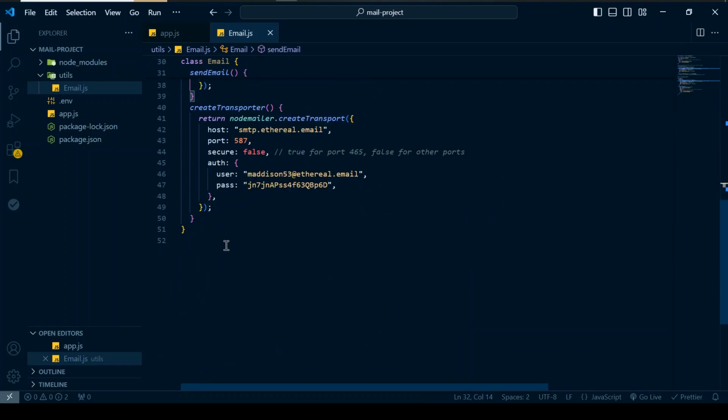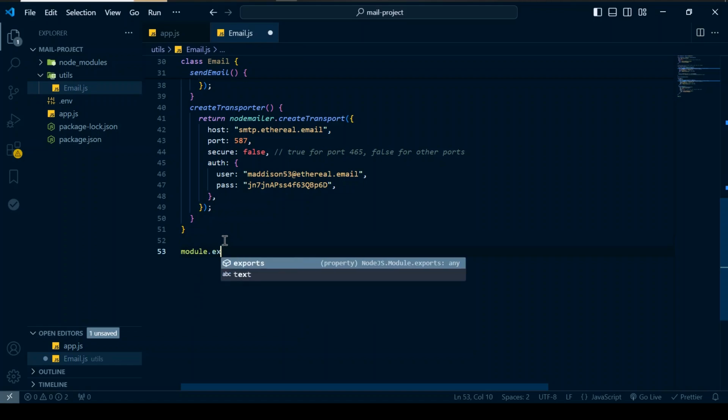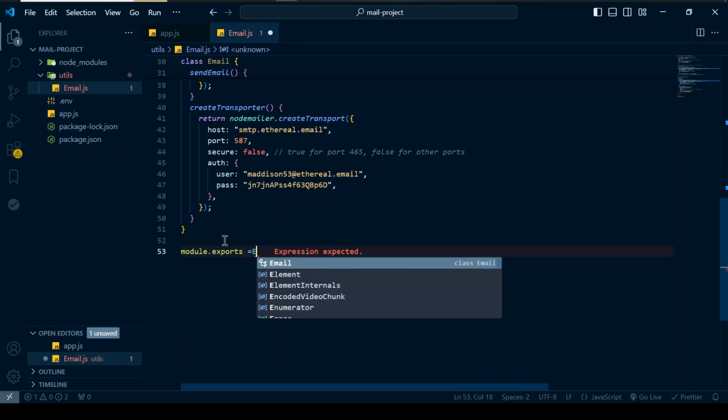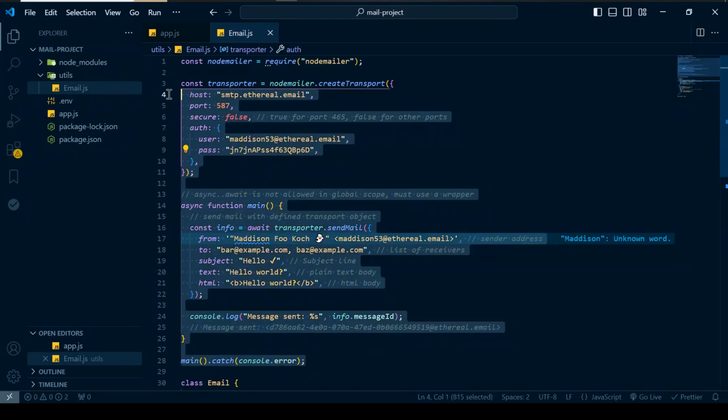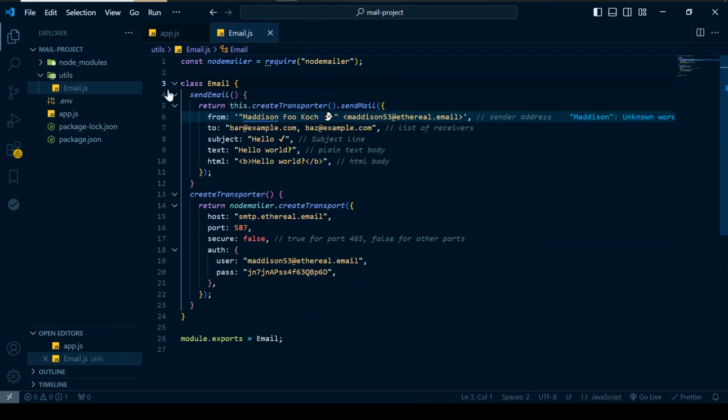Now we can export this email module by just module.exports Email. Now we can remove this code right here, and also review these methods. We have createTransporter, and we use NodeMailer to create the transporter with the options right here.